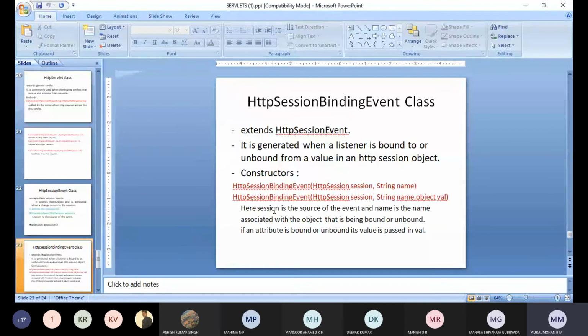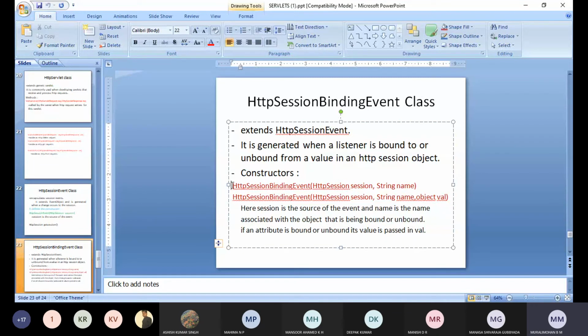Next we have the HttpSessionBindingEvent class. This extends HttpSessionEvent. It is generated when a listener is bound or unbound from a value in an HttpSession object. It consists of two constructors. One is HttpSessionBindingEvent, and the other is HttpSessionBindingEvent along with the object value.